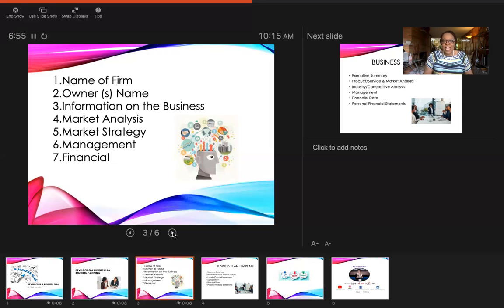Last but certainly not least is financials. While you do not need to be a CPA or an accountant, you do need to be able to follow the money and say, this is how much money we have contributed to our startup costs. Startup costs are very important because it's only a one-time expense.